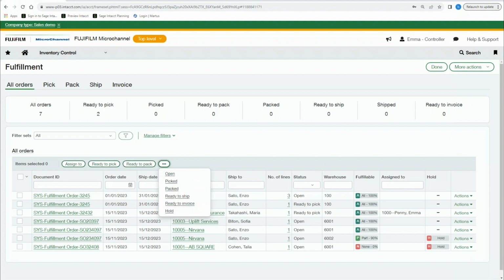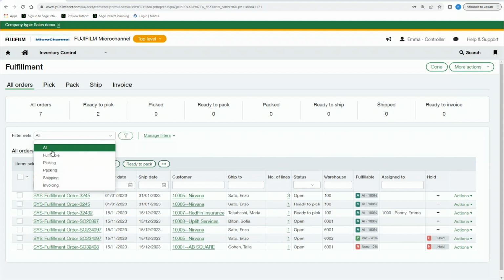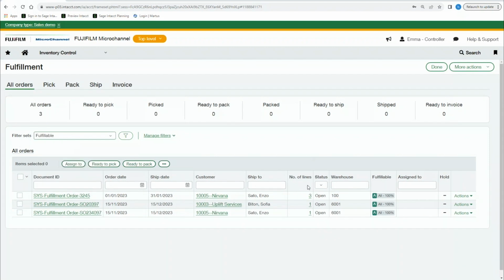We can put it on hold. I've put two of them on hold, so we know those two, because they're not fulfillable at this point, are on hold. But for the others, I can physically go through and change the status. I can assign it to someone. You can see there it's assigned to Emma. And then for the ones that are ready to pick, based on my filters, we can only work with the things that are fulfillable. At this stage, I can take those, I can assign them to someone